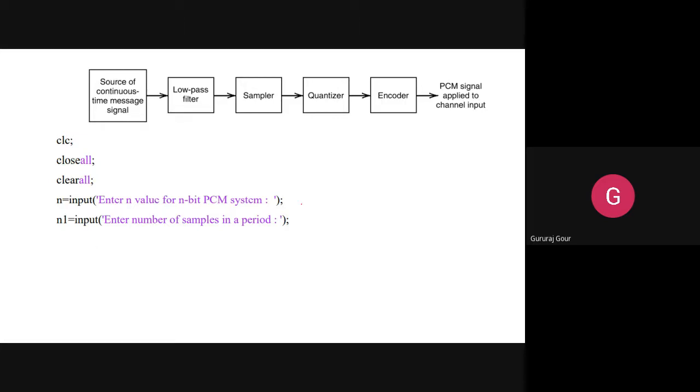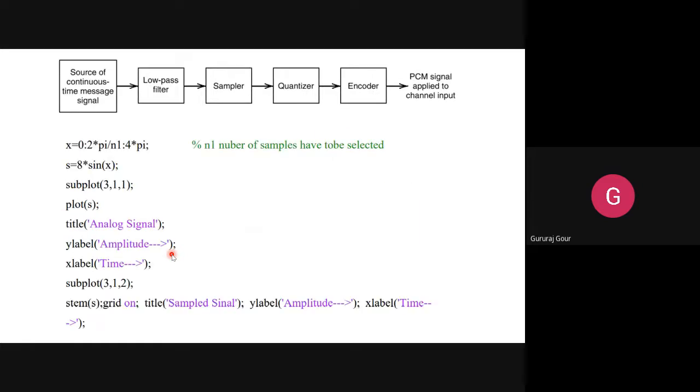In one period, how many samples you are getting. It is like this. So N1, I am telling, if you take one period, how many samples you are getting, that you are going to define here. So we told it as 1, 2, 3, 4, 5, 6, 7, and 8. Like that, so we are going to define this as 8. So go for the next. N1, do you remember? That is the number of samples defined for one period.